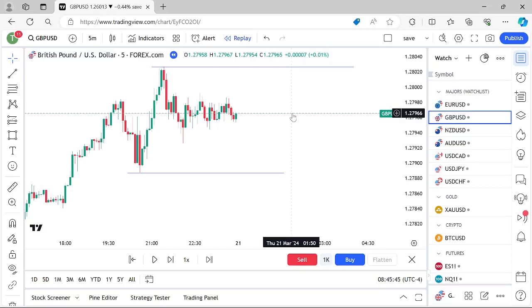I'm not saying it can't do that, but I'm saying it makes it higher probability when you have that aligned, when you have a short setup with everything else that I want. This isn't the only thing, of course. I need other things. But when I have Asian session highs